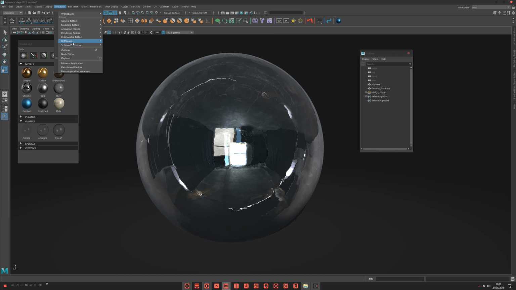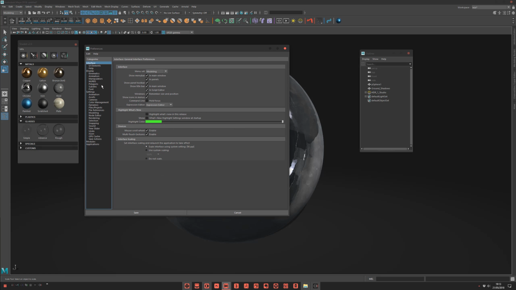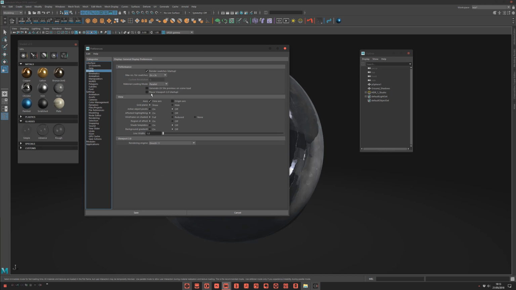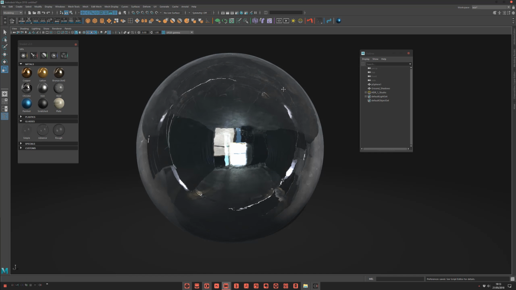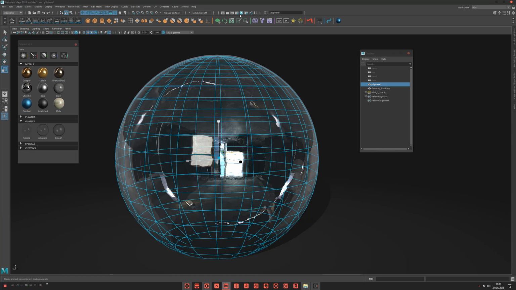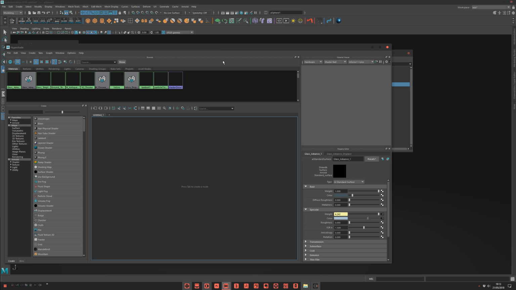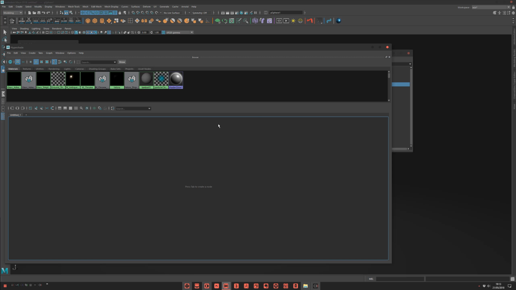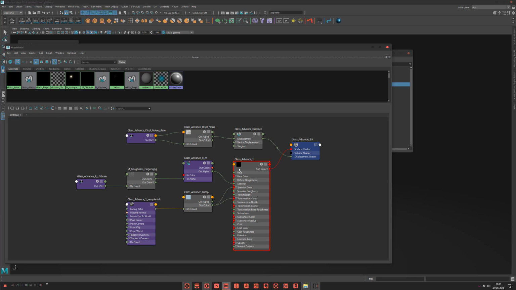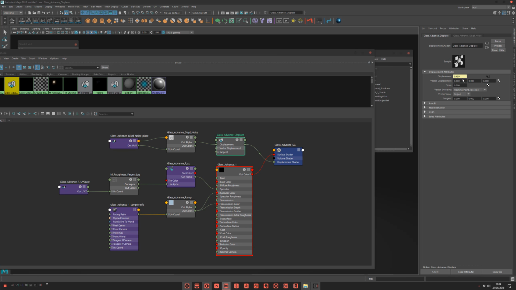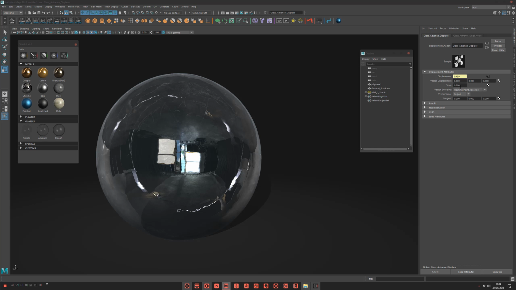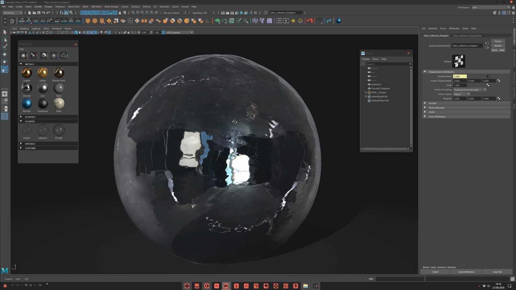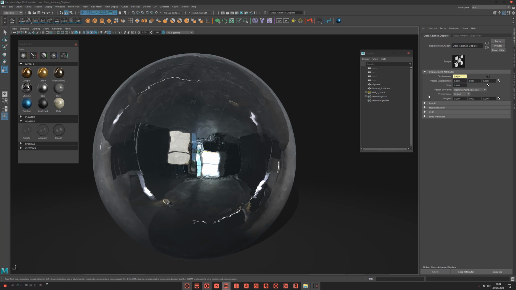For that, just be careful of one thing. In your preferences, be sure to be in display here in Viewport 2.0 DirectX 11. In legacy mode, the displacement will not work. And in your Hypershade, let me open this. Just one, two, three seconds, great. Boom, and you have all the nodes you can modify, of course, and the displace. You can deal with attributes any time you see here. Great.